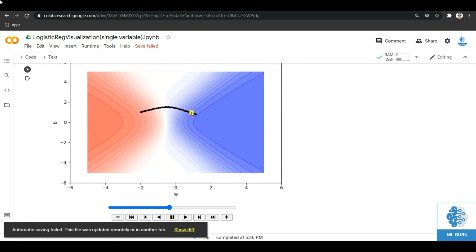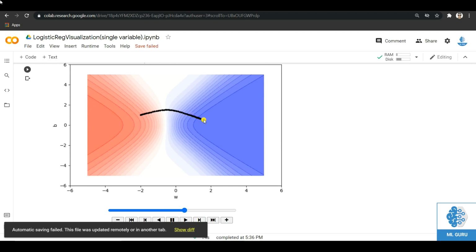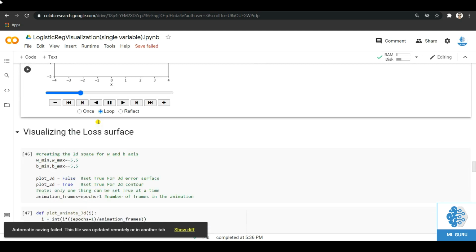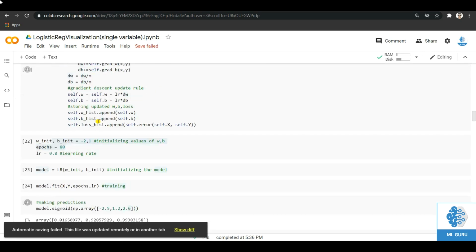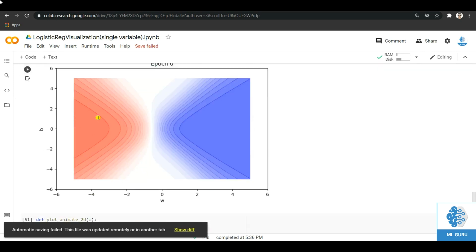So hope you have understood the loss surface. Also, one thing to note is, let's initialize the values of W and B somewhere around here. Let's see what happens. So maybe let's see the values.